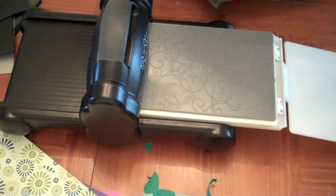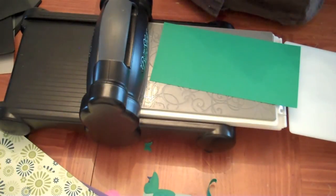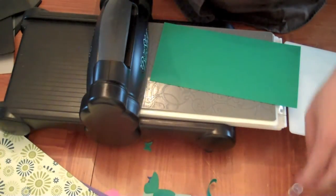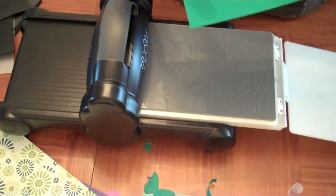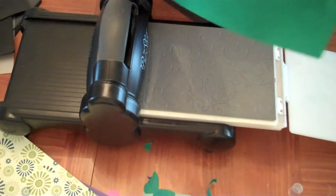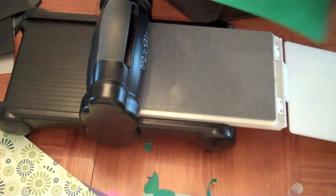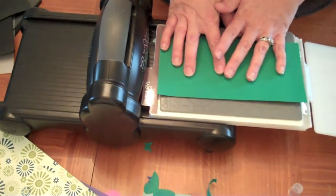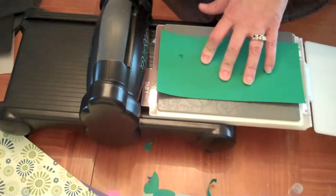okay, and you're going to use rubbing alcohol or water. If you use water, it's going to take a little bit longer for it to dry. Rubbing alcohol dries pretty fast. Just put some in a little spritzer container and go ahead and spritz your cardstock lightly. So you see it kind of shimmies it up or makes it roll up. Lay it face down on your cardstock and then lay your